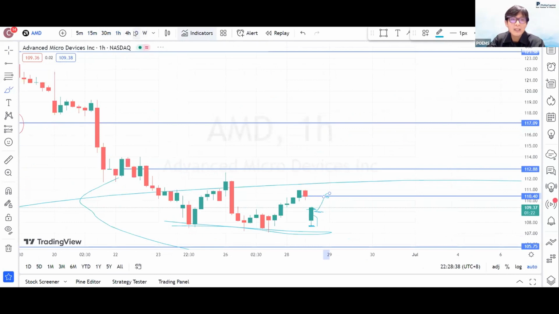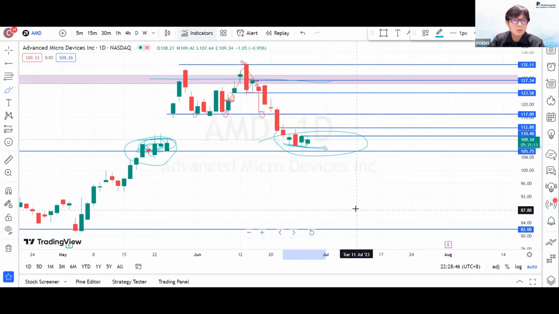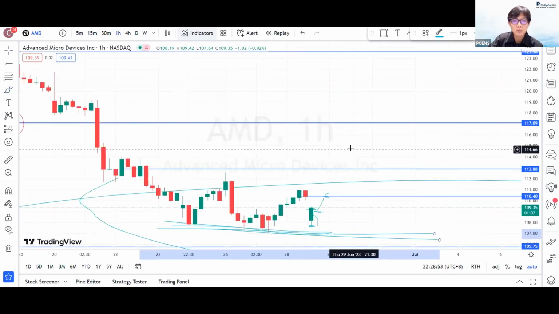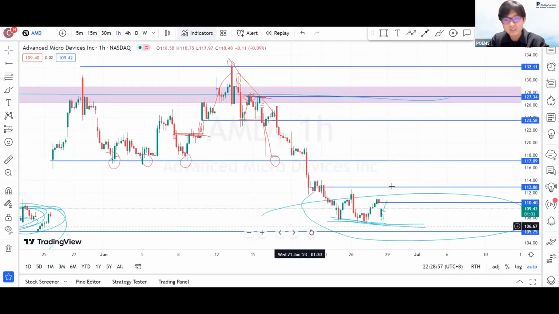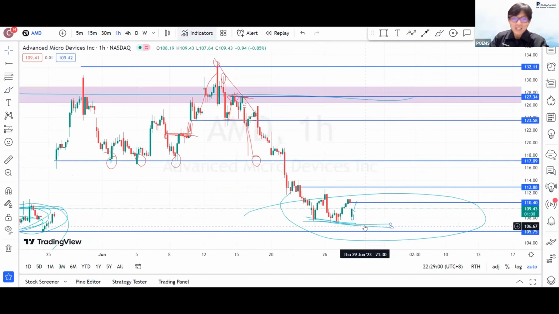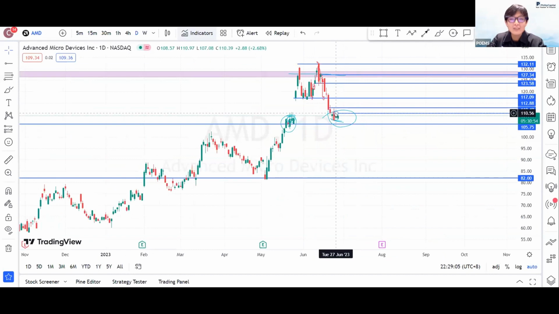But if you are looking overall, would I short AMD? The short will come once they start breaking from 105, 106. Someone asking, would I short AMD? I would say I wouldn't short now. Sorry, I say wrong things. Like I explained, you can short anywhere. It's just where your SL is going to be and how much risk you're going to stomach, because the market is only running up or down.